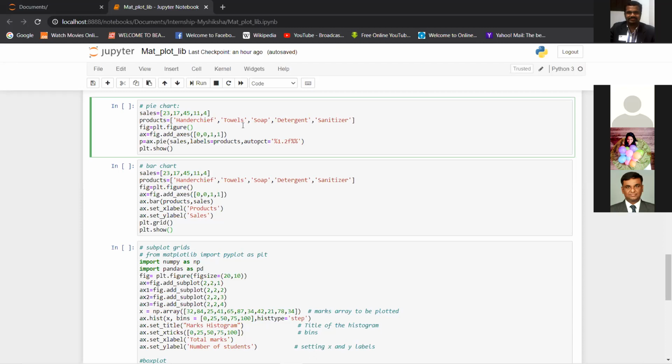The pie is divided into sections. So whenever you have sections in your data, or categorical data, for which you want to know the percentage of distribution, you can use pie charts, right?